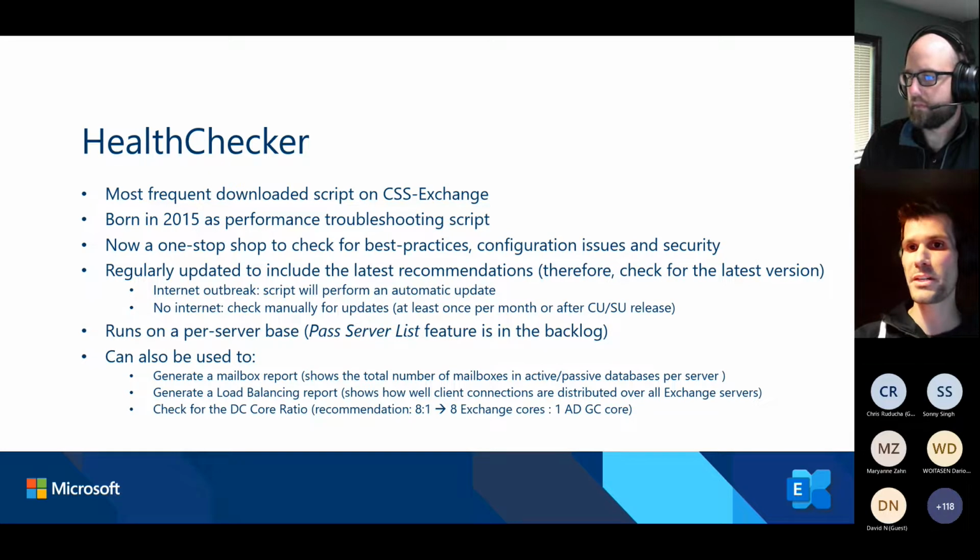The modularization part is very useful for us because it allows us to reuse the code and functions that we have in multiple projects. A good example is the Exchange Extended Protection Management script, which we've recently released with the latest security update for Exchange. We use, for example, functions in this script which were initially written for the health checker. But since we've modularized the scripts, we are able to reuse the code, and we don't have to reinvent the wheel